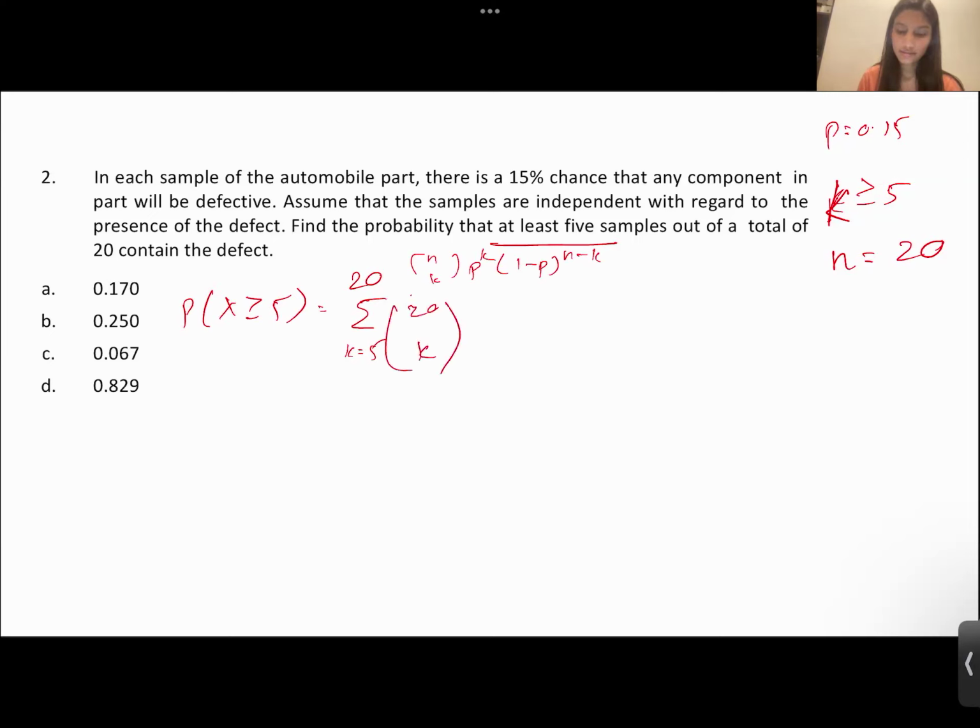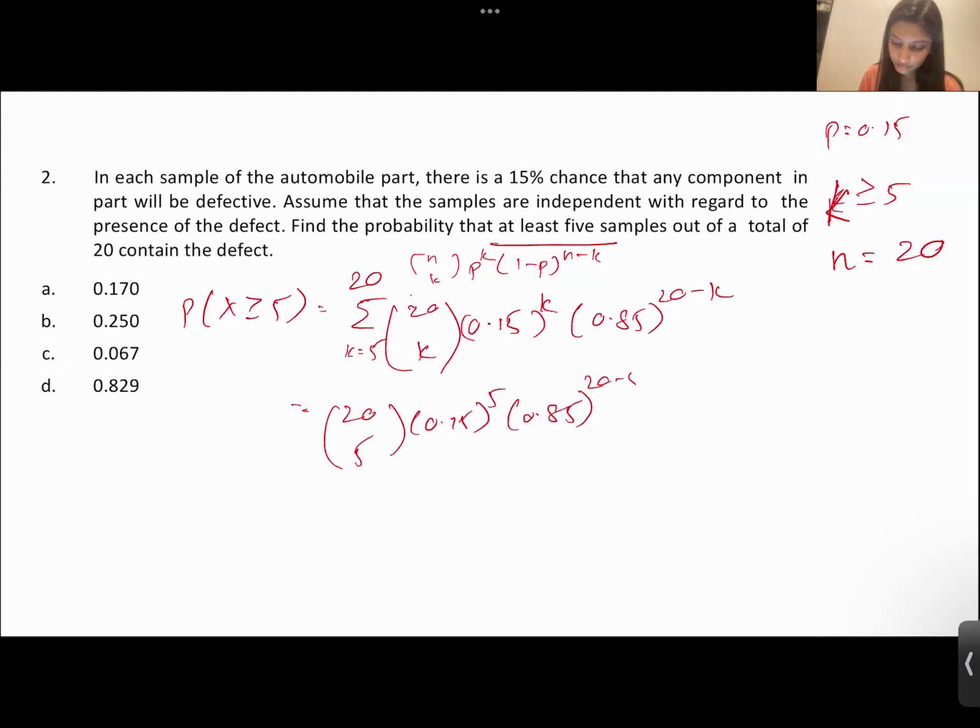20 choose K, 0.15 power K, 0.85 power 20 minus K. So now in place of K, you need to substitute values 5 to 20. So it just means 5, 0.15 power 5, 0.85 power 20 minus 5, plus